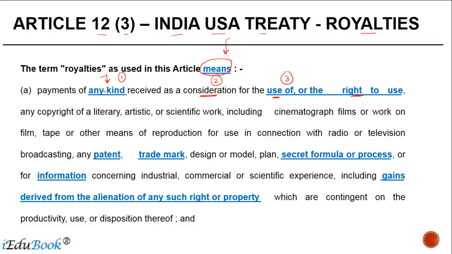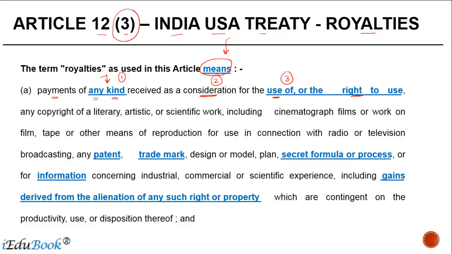Now, does that mean that even payments which are not covered under this paragraph will be considered as royalty? So let's say if a particular payment amounts to royalty under the Income Tax Act, right, but does not so amount under the treaty, will that also be covered since the words used are payment of any kind? The answer to that is no. When we say payment of any kind, that refers to the payments which are considered as royalty under this paragraph,